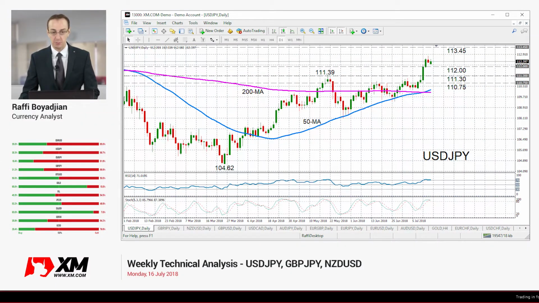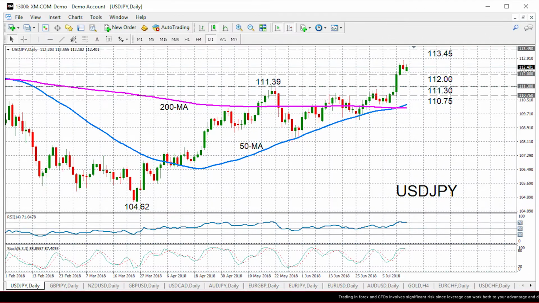The pairs we're going to be looking at for this week are the dollar yen, the pound yen, and the Kiwi dollar. Starting with dollar yen, we can see the near-term bias is strongly bullish. RSI has flattened though above the 70 overbought area, while if you look at the stochastic oscillators, the percentage K line is crossing above the percentage D line, signaling a possible downside reversal, though prices so far today remain in